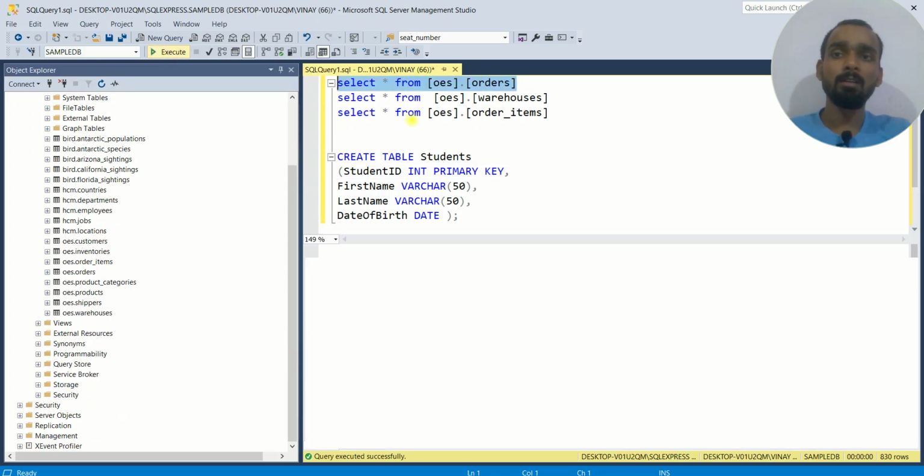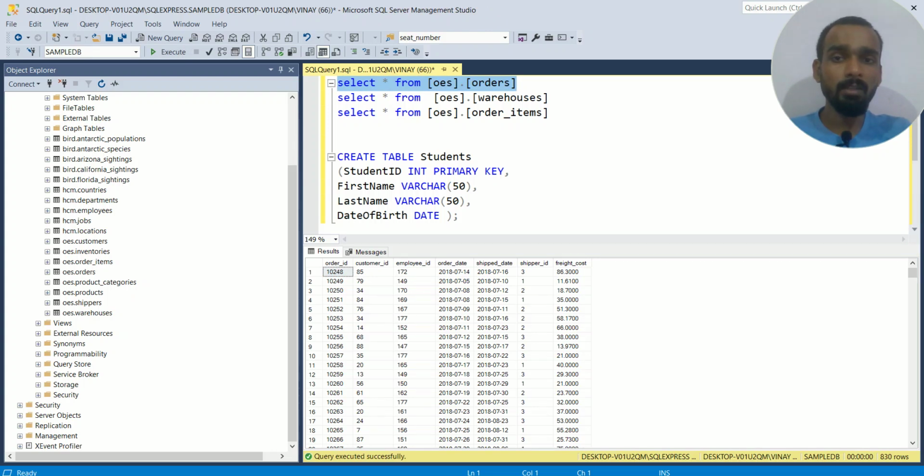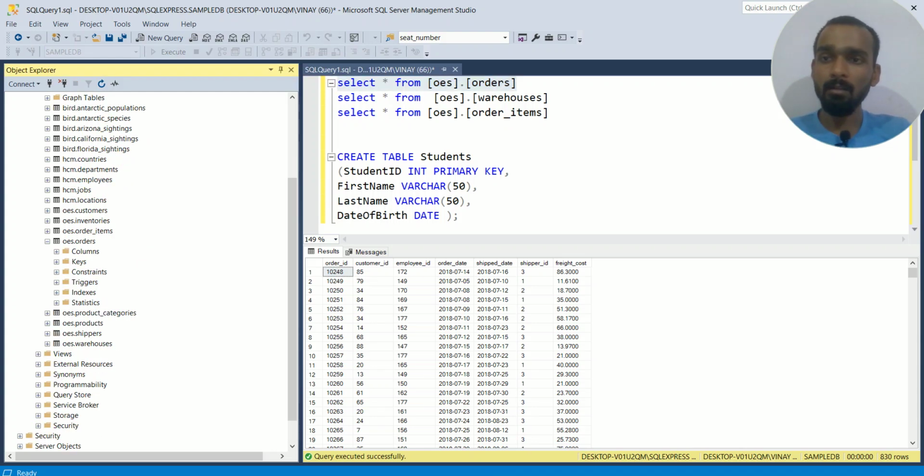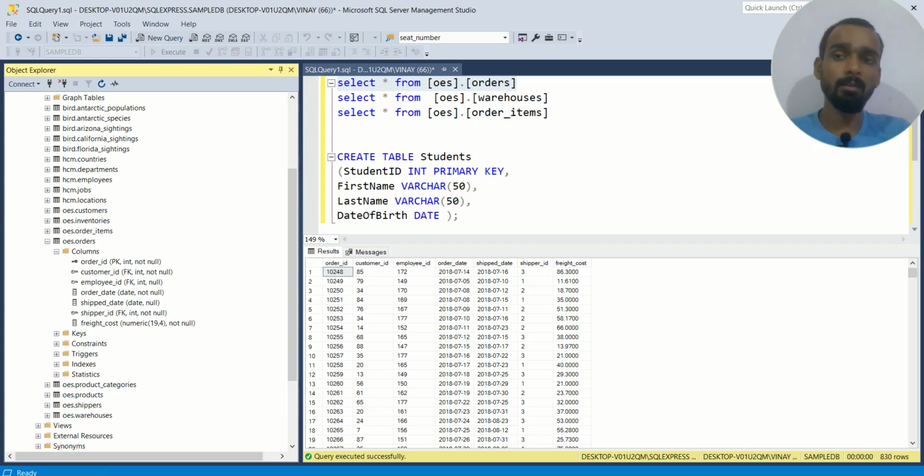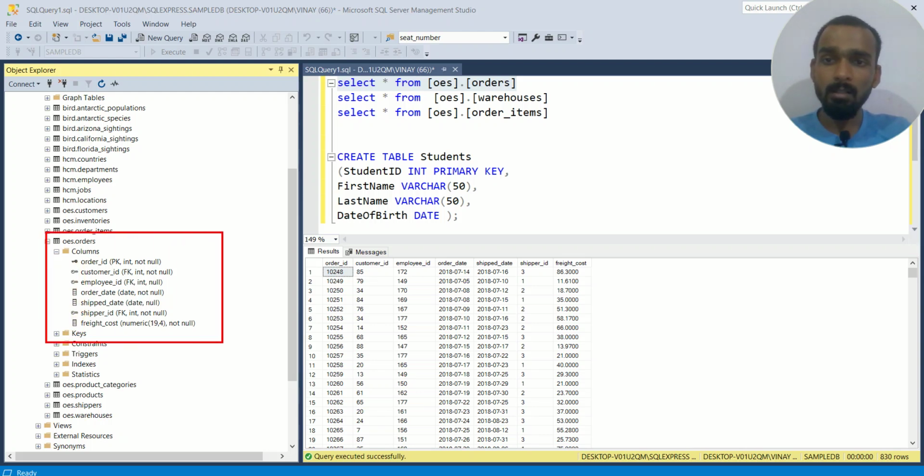I have just executed it and found there is order ID, customer ID, employee ID. So the table name is orders. I am expanding it, and for the columns, just click on the columns and you can find the constraints already defined.